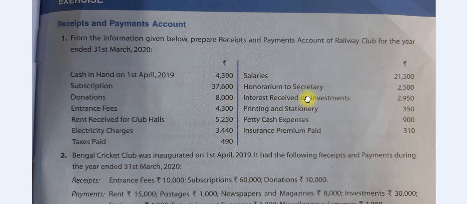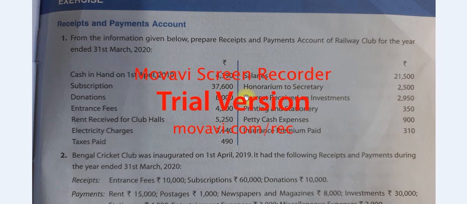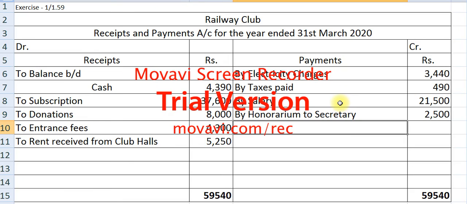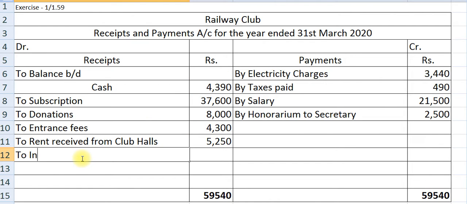Interest received on investment is a revenue receipt because it is recurring in nature. It is an inflow, so it will go to receipt side. So to interest received from investment,